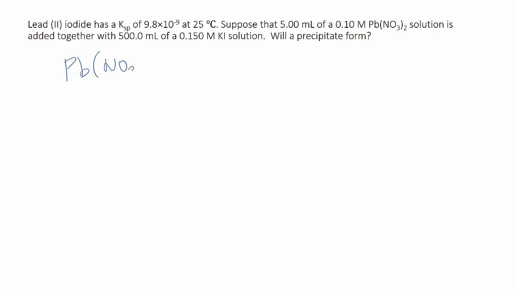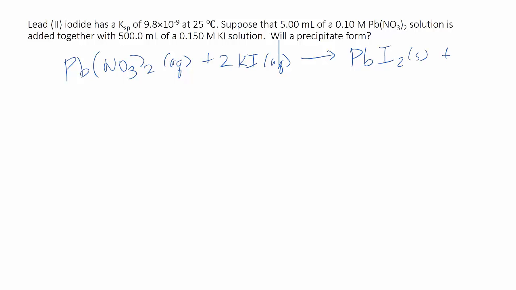We have our lead-2 nitrate, and we're going to mix it with 2 equivalents of potassium iodide, and we're going to get a precipitate forming. And we'll get 2 equivalents of potassium nitrate. Running out of space here. All right, and of course,